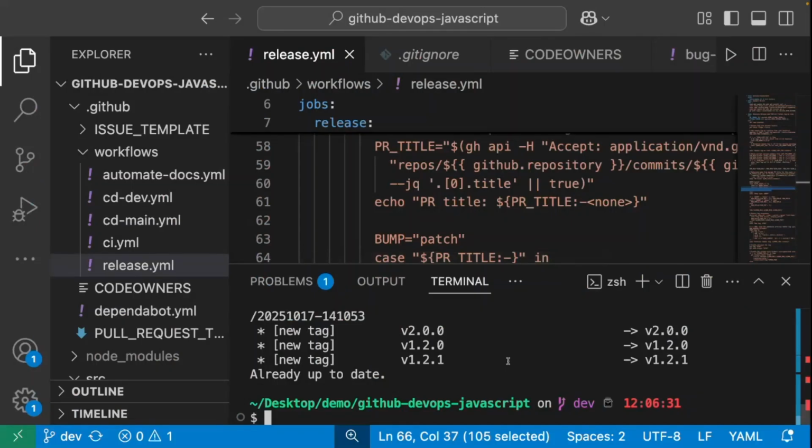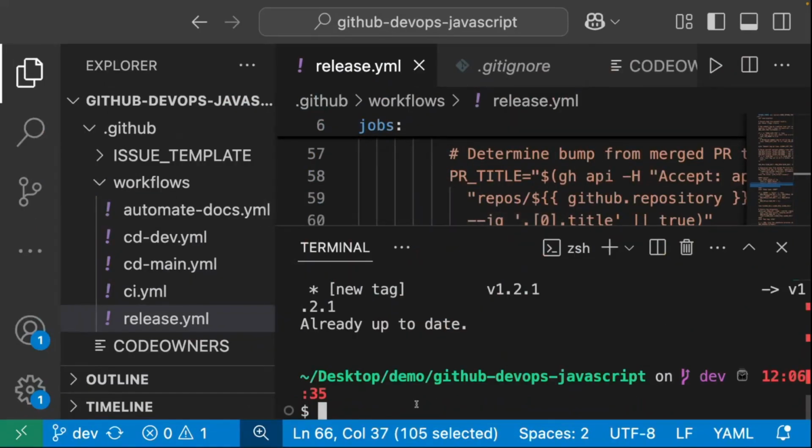Just good practice to pull. So once we have pulled, we create our branch, git checkout -b. Another thing I forgot to tell you about is that